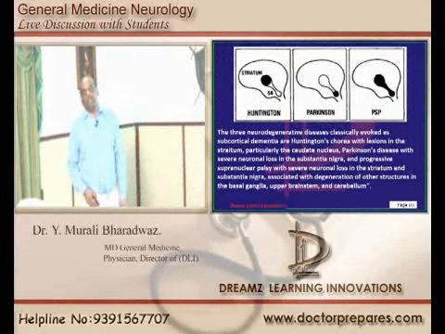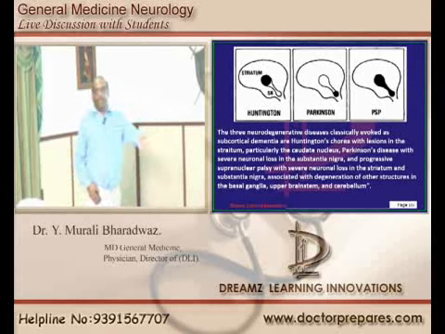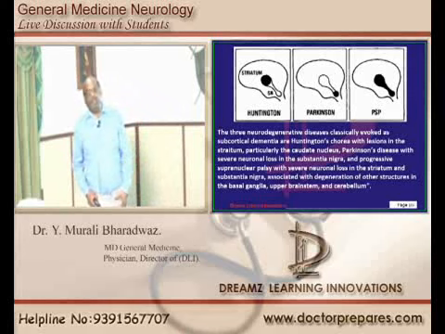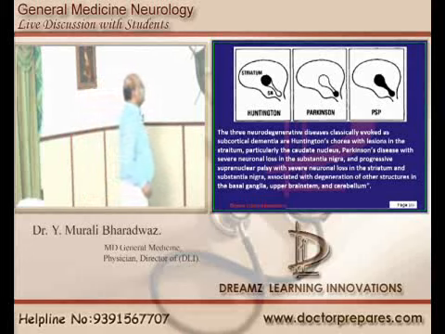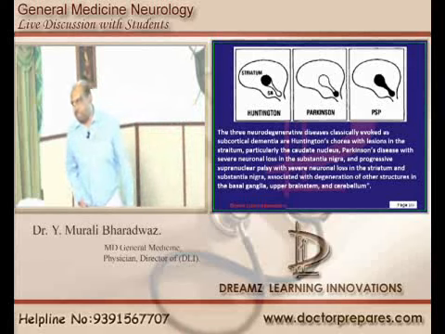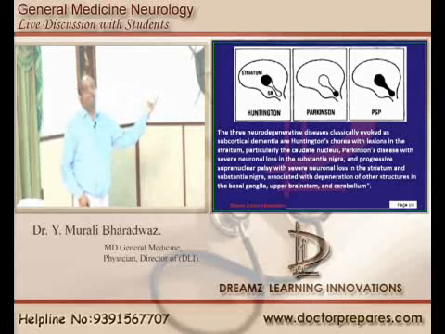Parkinsonism is subcortical or cortical? Basal ganglia bole to below cortex only. Hai na? Then progressive supranuclear palsy also is a problem to do with Parkinsonism, basal ganglia. And HIV encephalopathy is also a cause for the subcortical dementia. Whereas Alzheimer's is frontal, temporal lobe, parietal lobe, pura lobe chale gaye. Hence it is a cortical dementia. So the three common reasons for the development of the subcortical dementia you should not forget: Huntington's disease, Parkinsonism and PSP.